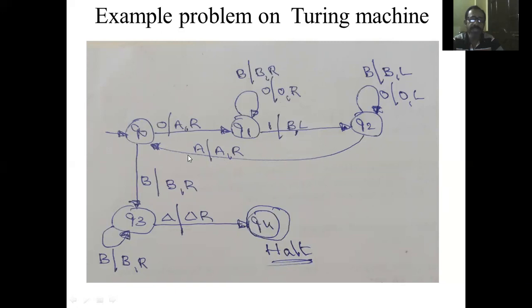Once A is experienced by the machine, change the state from Q2 to Q naught. If the immediate symbol is 0, we repeat the same process. Otherwise, if the immediate symbol is B, then all zeros have been successfully replaced. Keep B as is, and we need to verify whether any 1 remains or all ones have been replaced with B. Q3 is used for checking that. All B's are skipped, moving right by one cell each time on Q3. Once delta is experienced by the machine, keep delta as is, move right and change the state from Q3 to Q4, treat it as the acceptance state, and the machine halts here.